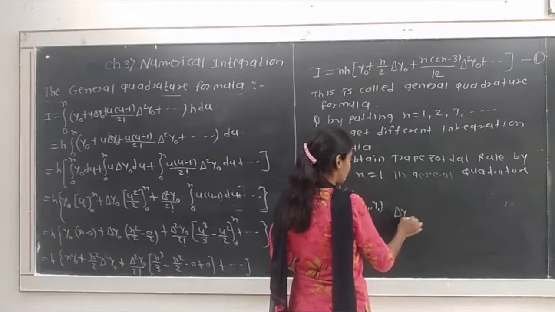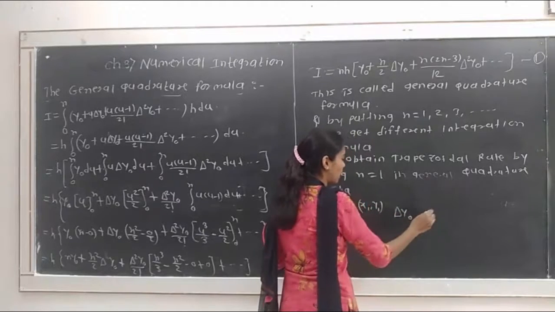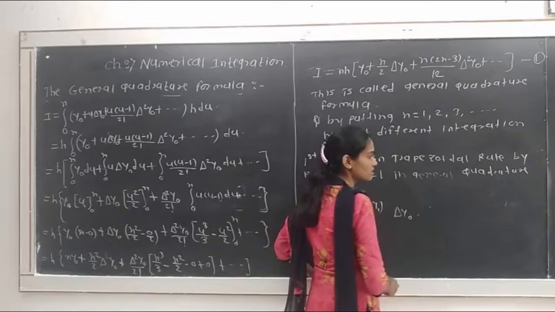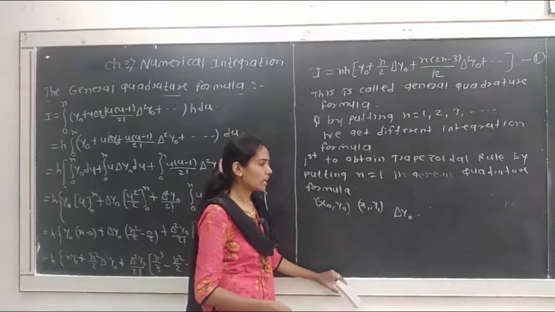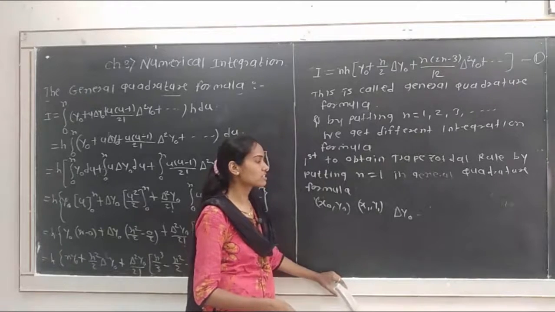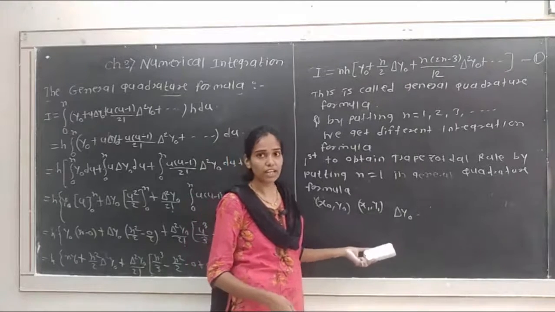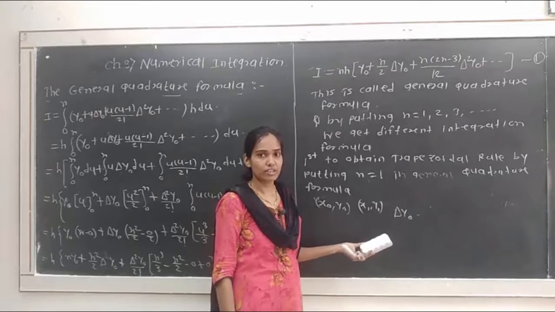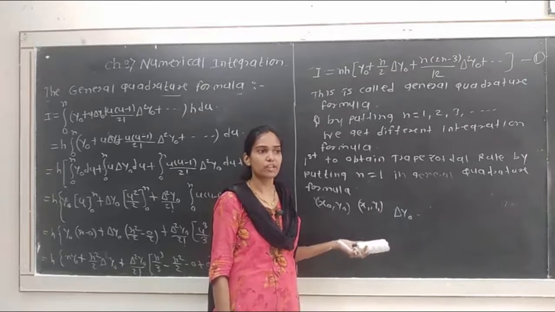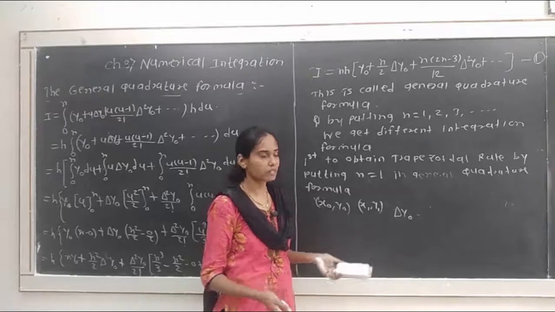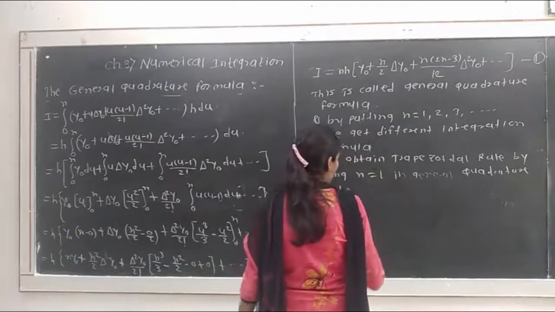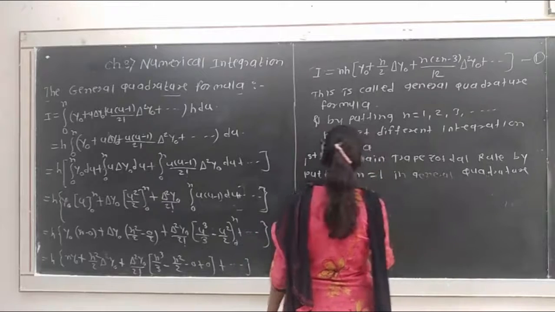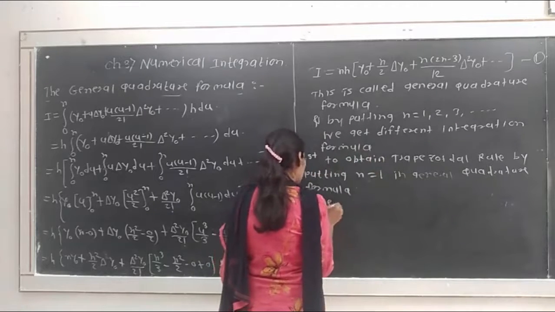Okay, that is the value of delta y0, and all other higher order forward differences vanish. Because we know that for n plus 1 points, we only get up to the nth order forward differences, and the (n+1)th and higher order forward differences become 0. So by putting n equal to 1 in the general quadrature formula and neglecting